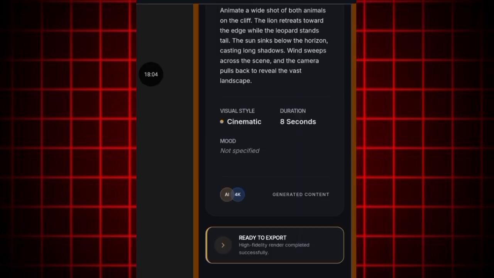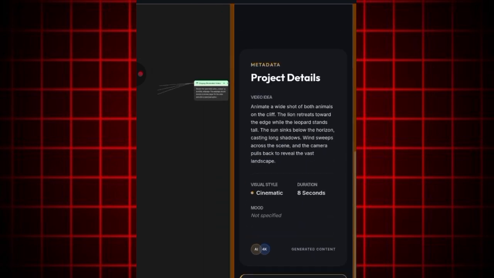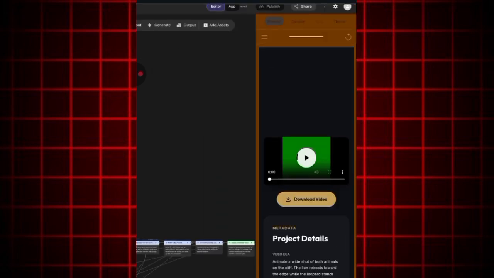The video is done creating. So what we do now is let's play the video and see if it's truly what we want. So just zoom in so you get to see the full details. So you can see it right here. Let's wait for this to roll completely. You can also click on the